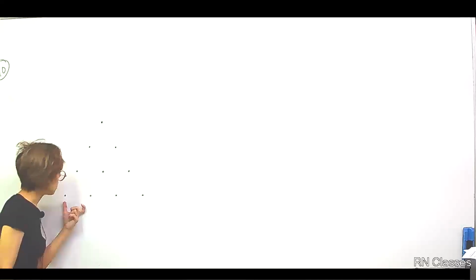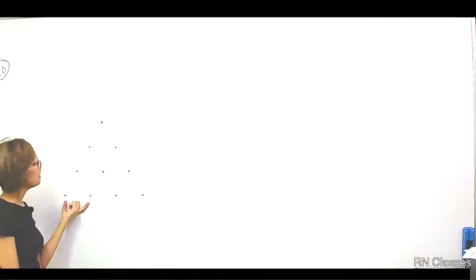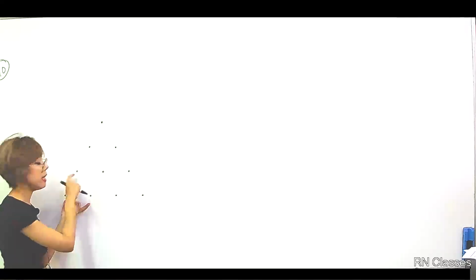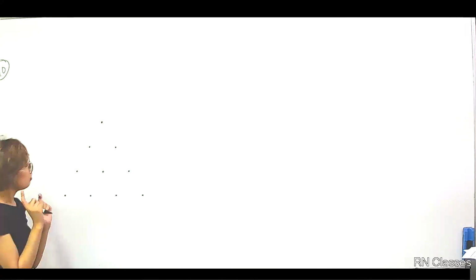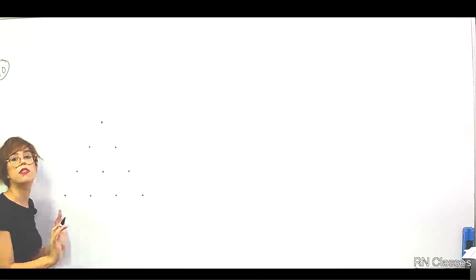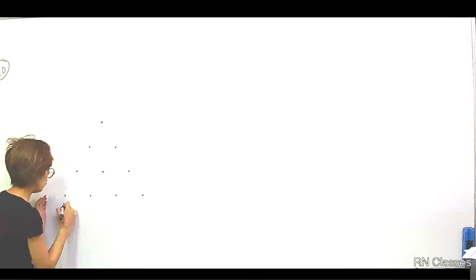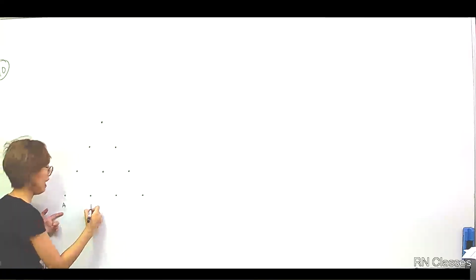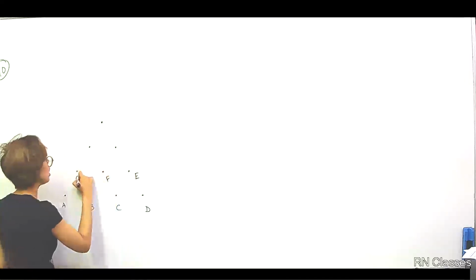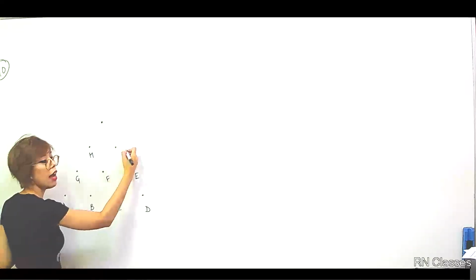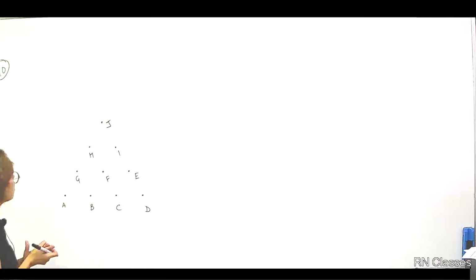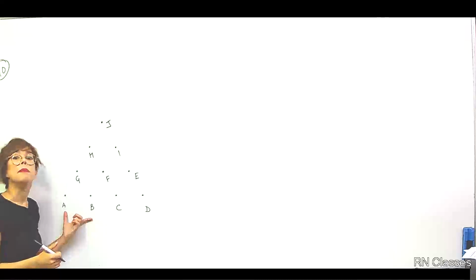Suppose if I take this and this point, right? Can I take this one? No. Can I take this one? No. Can I take this one? Yes. But you know, one problem I'm facing, this is getting very confusing for me. Let's name it first. Let's name the points. So let's not be creative. So let's call this A, B, C, D, E, F, G, H, I, and J. Right? So if I take these 2 points, A and B, right?